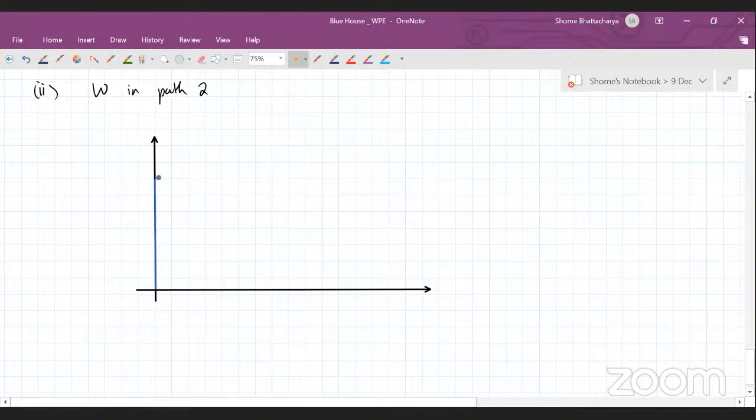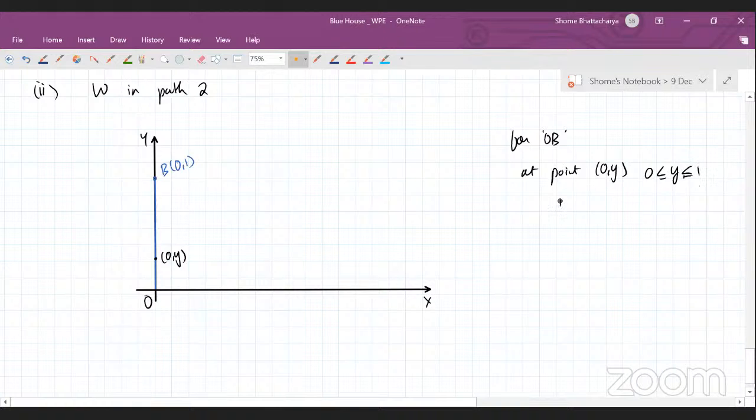So let's take this point here as B, which has coordinates 0, 1. So at any point in between over here, which is 0, y, so for OB, at a point 0, y is ranging between 0 and 1. The force only has a y component. It is 2y square j cap. Oh, sorry. Force has an x component also,